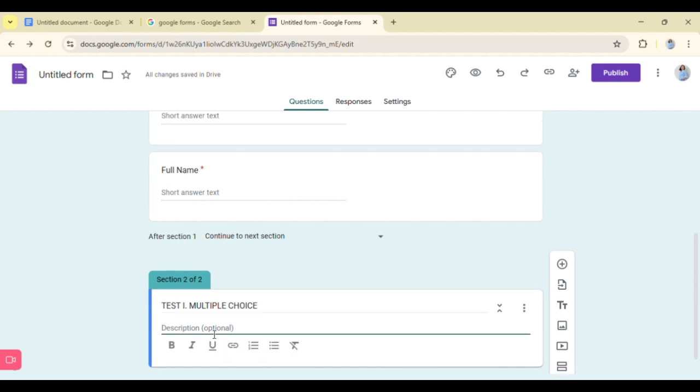Here, dito sa description, it says optional, but you can also add directions for that specific test 1 multiple choice. Okay, for instance, kasi ano ito Google Form. So, hindi na kailangan mag-encircle or mag-answer beside the item yung student.